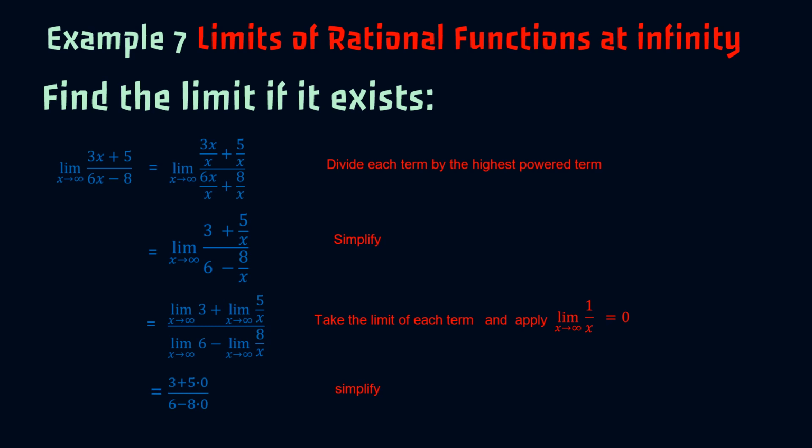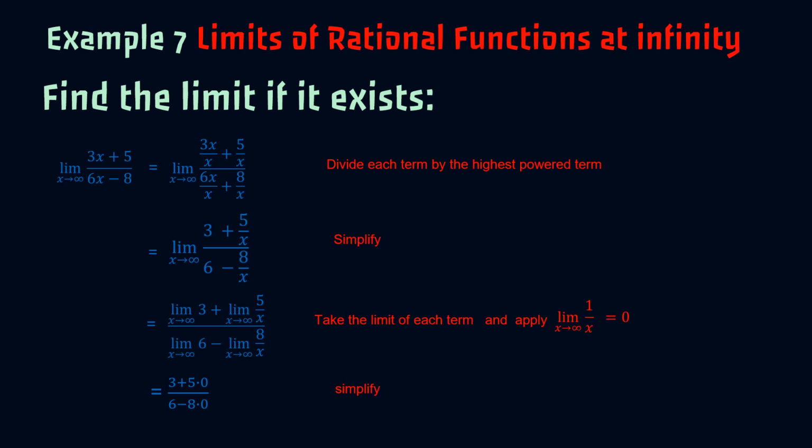The limit when x gets close to positive infinity of a constant, in this case 3, is 3, plus, I can decompose 5 over x like 5 times 1 over x. So I say plus 5 times the limit when x gets close to positive infinity of 1 over x. Remember that we have a property that this is equal to 0. So 5 times 0, over